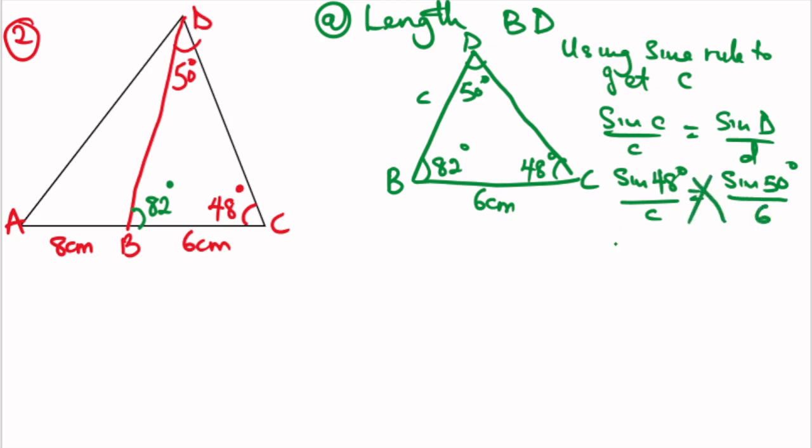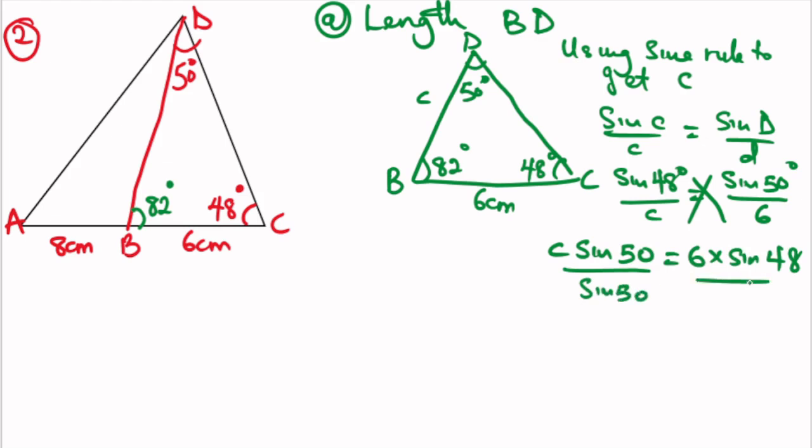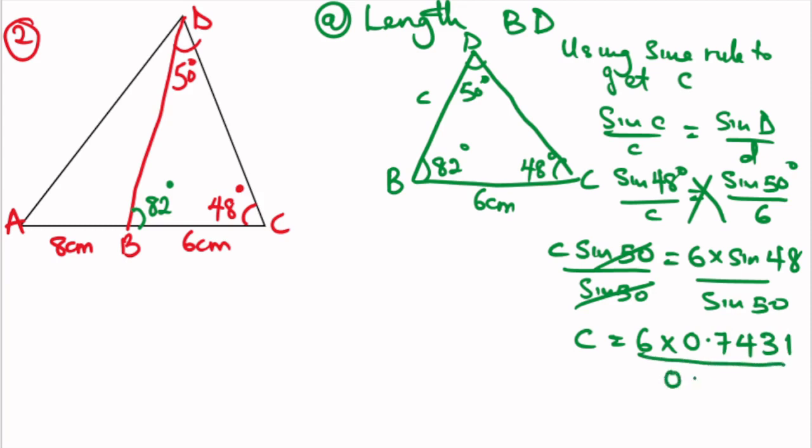So when we cross multiply, c times sine 50, we have c sine 50 equals 6 times sine 48. We divide through by sine 50 over sine 50, which cancel. c is equal to 6 times sine 48, using the four figure table, is 0.7431, over sine 50, which is 0.7660. So c is equal to 6 times 0.7431, which is